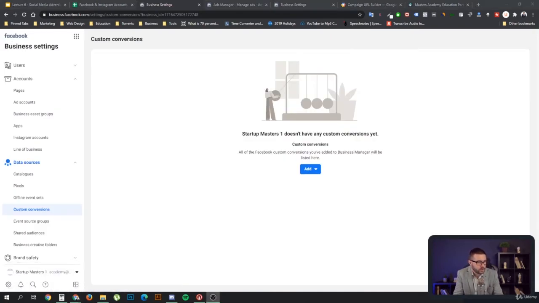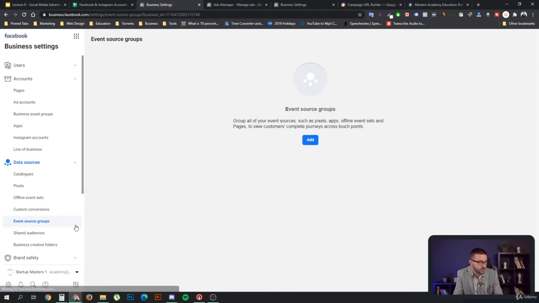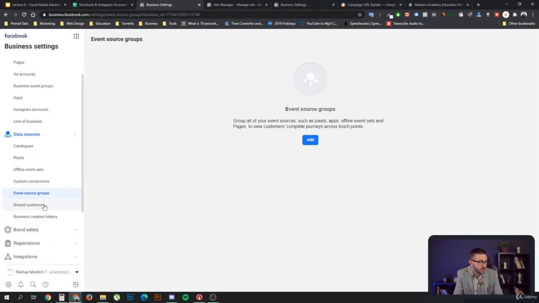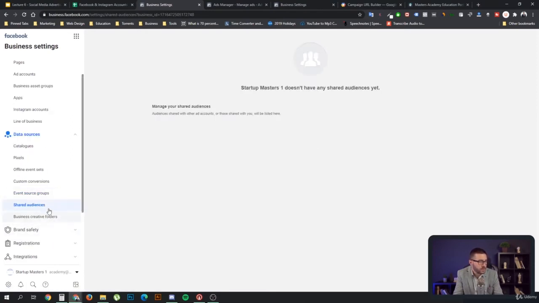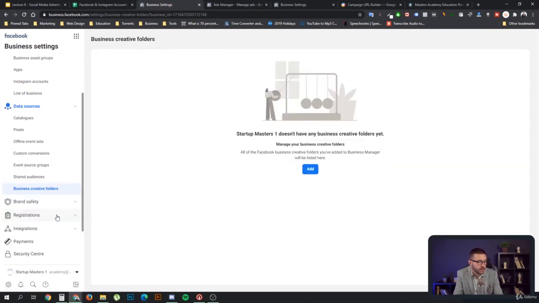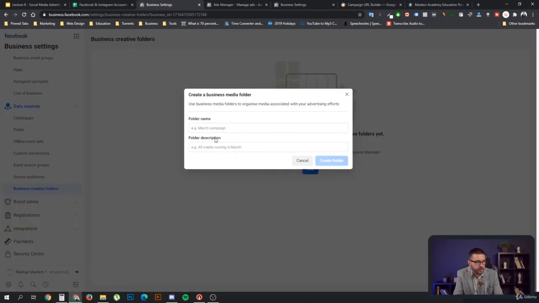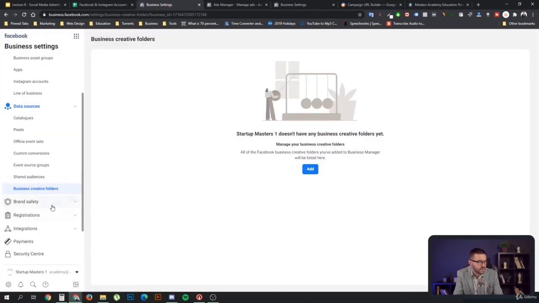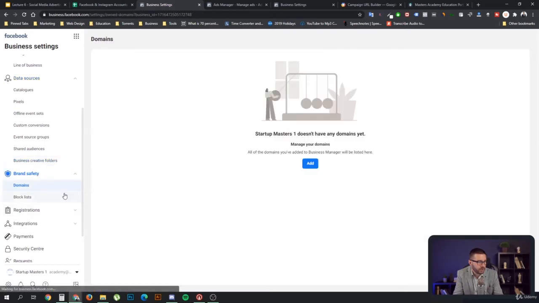Then you have your event source groups, which is basically groups of events and conversions. You have your shared audiences, which you can manage in the audience manager, and you have your business creative folders where you can just add a different number of assets over here. You can add your domain as well, and you can block some people